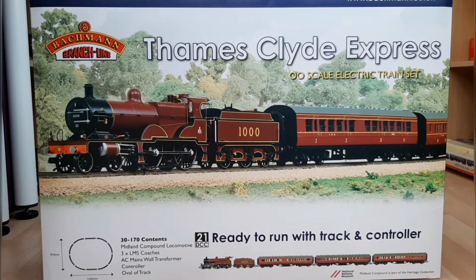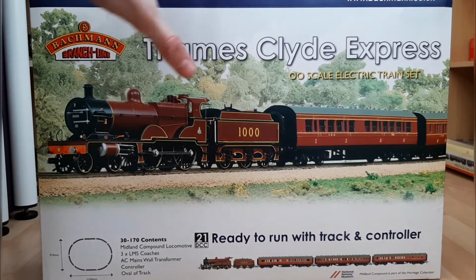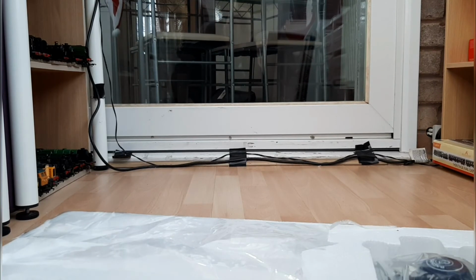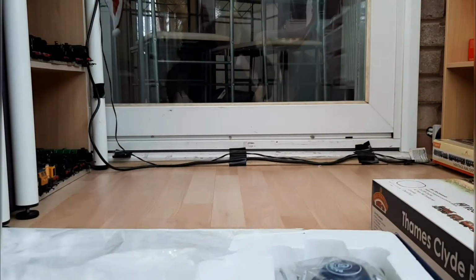Hey guys, and welcome back to another locomotive unboxing review, and it is this absolutely gorgeous Bachmann Thames Clyde Express train set. Well, what can I say except it's gorgeous. The Loco isn't actually in this box. I'll show you what it is, because it's old polystyrene packaging. It's not very nice. So obviously we've only got the controller, which is probably not going to get taken out